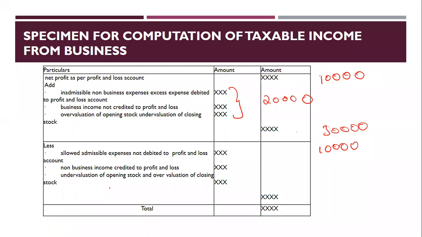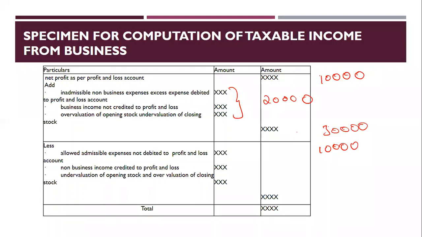Okay. Next is undervaluation. It's just a reverse. By undervaluing, my profit has increased. So to reduce that, I am showing it here. My actual opening stock is 10,000, but I have undervalued it to 8,000. Because of that, my profit has been shown high. To reduce that only, I am reducing. As per income tax, they don't want excess money from you, and they don't want to leave any money from you. Whatever amount you are supposed to pay, you pay as per the law.